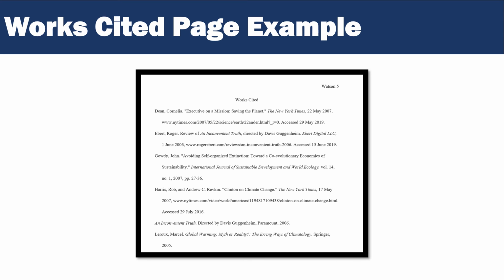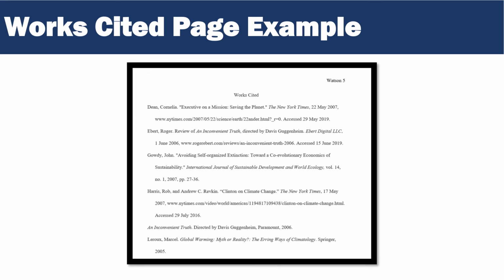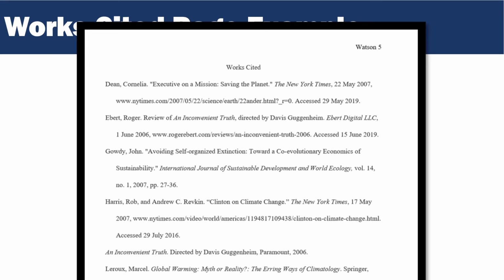Here we have an example of what your works cited page should look like. You can see that there is still a header with your last name and page number, and the title of the page is Works Cited and centered on the page. Again, nothing fancy, nothing bold, underlined, or enlarged. The page is double-spaced and there are no extra spaces. One source after another. Also, here you can see how the hanging indent highlights who the author is of the source, which is where we transition to in-text citations.